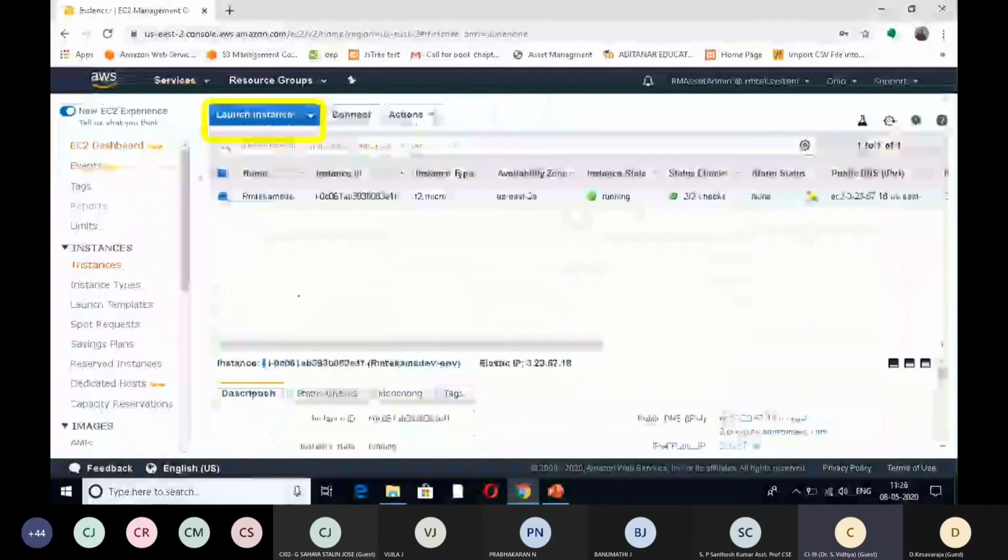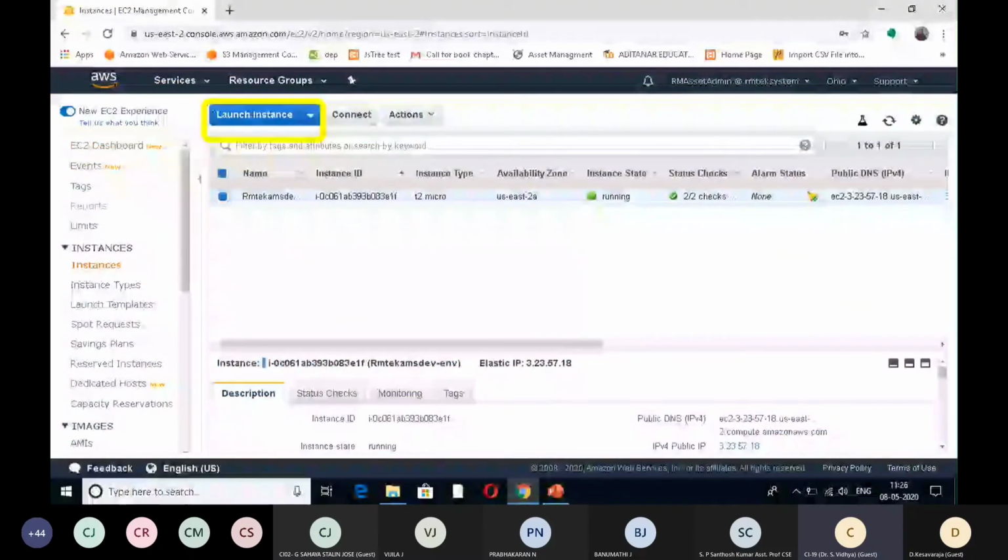So here already I have an instance. Now I will launch a new OS. I will create a new computer. Inside that, I will create a decision maker engine to train my algorithms and then make a decision, and an agent can work like that. So now AWS is open,